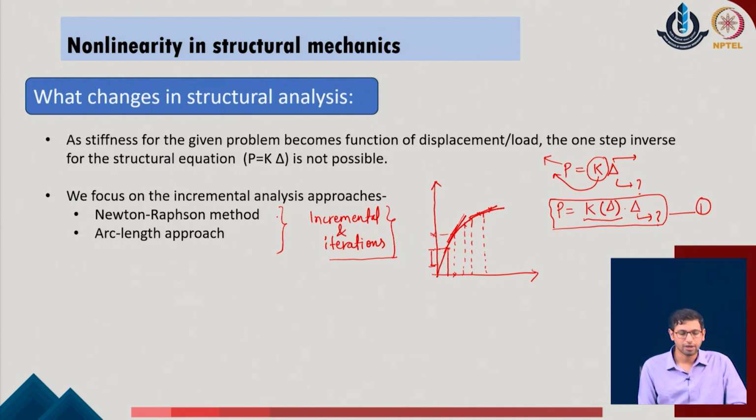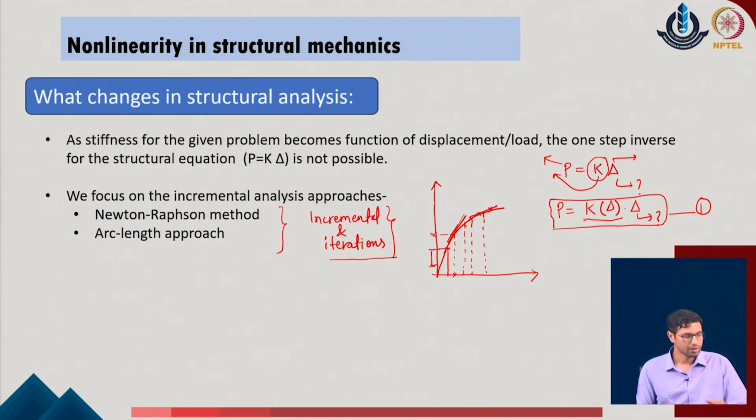So, we will briefly look at the Newton-Raphson method in the subsequent lectures, where we will try to see how we identify the step sizes of the increments and how we understand the philosophy of doing the number of iterations in the given problem to get the actual response of the given system. But the standard idea is, as in a regular linear problem, we were able to invert the given stiffness matrix, which was a constant value, which will no longer be possible in a nonlinear problem, and the solution has to be obtained using some kind of incremental approaches in which we keep on tracking the stiffness values at the subsequent points of the given system, and we keep on correcting the response of the system based upon some correction approaches.